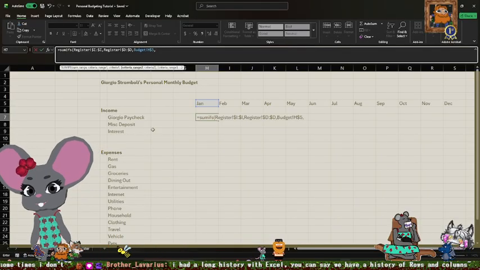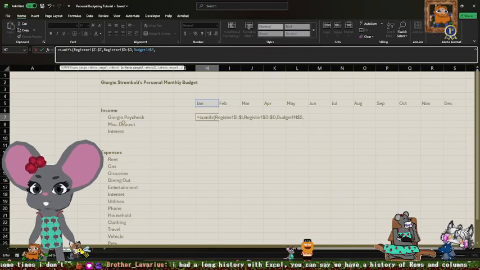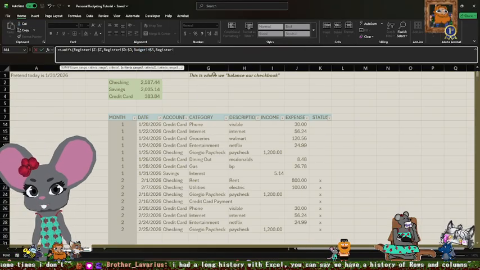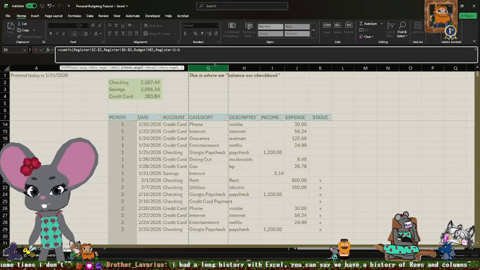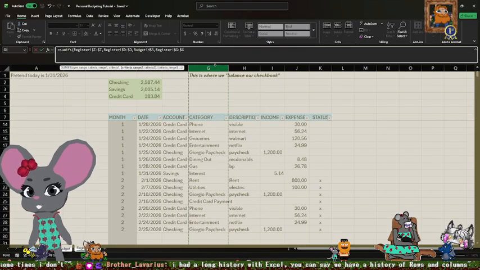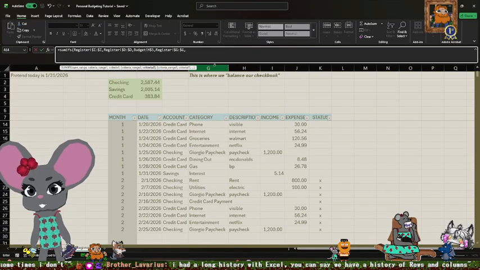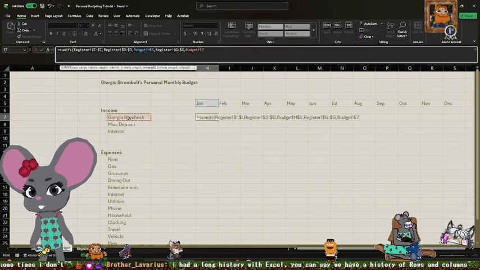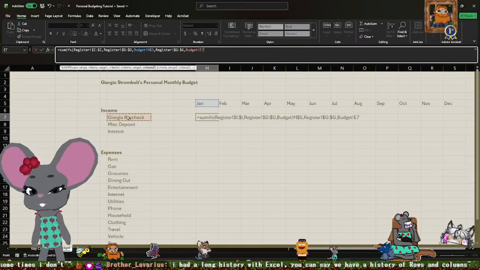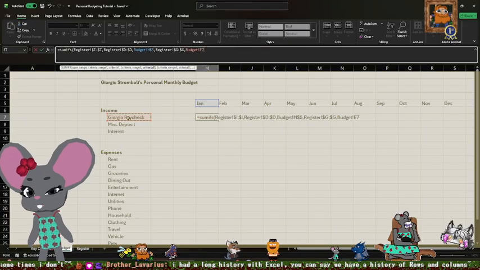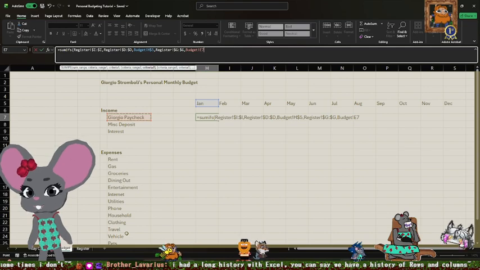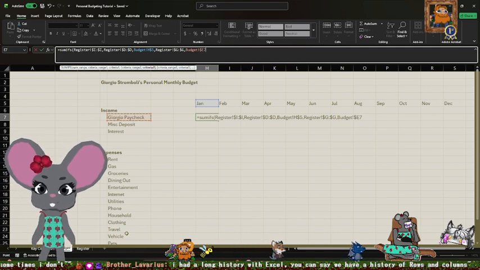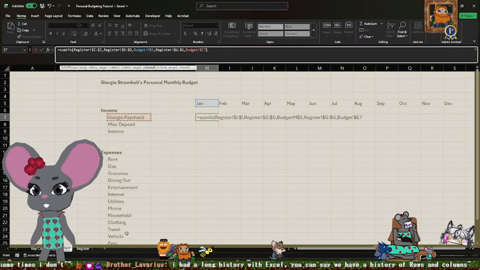Our second criteria is going to be our budget category. So the criteria range for that is going to be column G, where our category lives. We're going to lock that in. Our criteria for that is going to be this field here, and we're going to lock in that column, but not the row, because I would want the row to fill down as I drag the formula down. So we're going to put that on E, and then we're going to close that off.